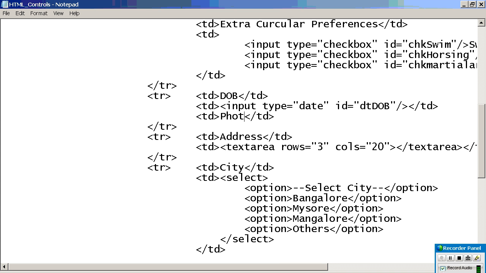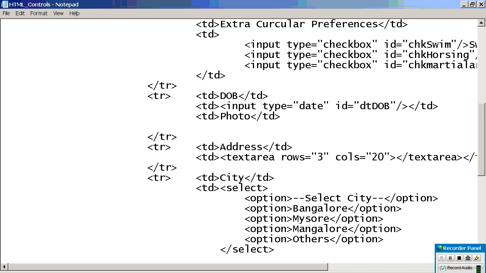Okay. As you asked about the photo, the final one is photo. What is the control there? Same input, type equal to file.